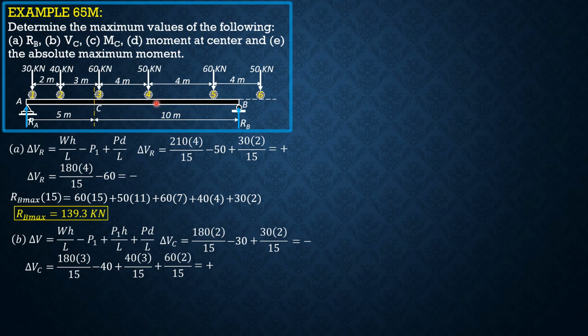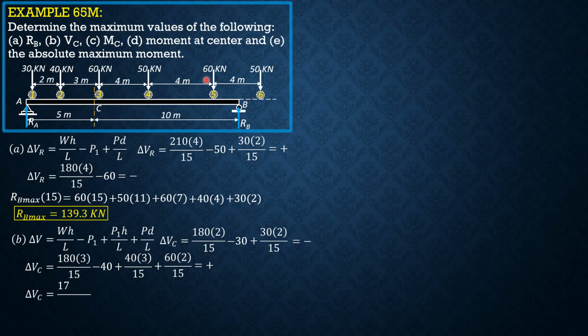Next, load 4 over C. When load 4 is over C, this is an incoming load because 4 plus 4 is 8. This enters 2 meters. But W would be, this is somewhere here, so W would be 60 plus 50, 110,